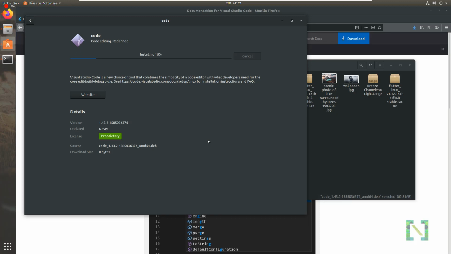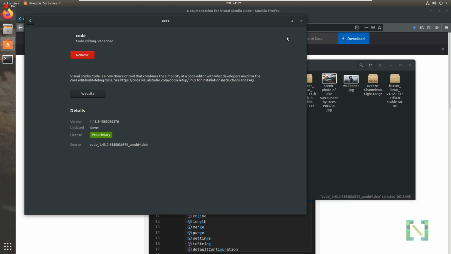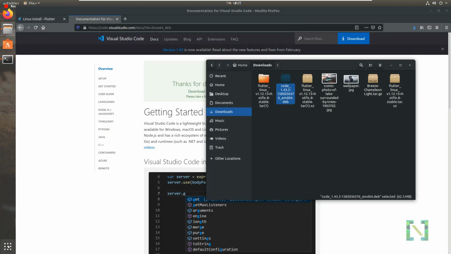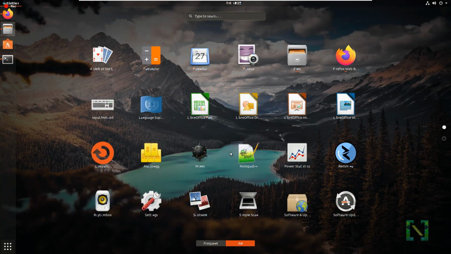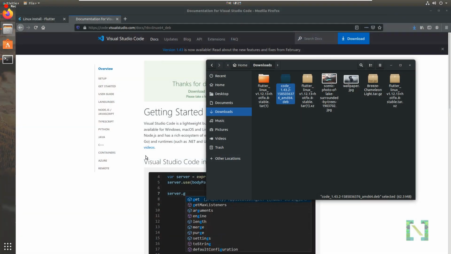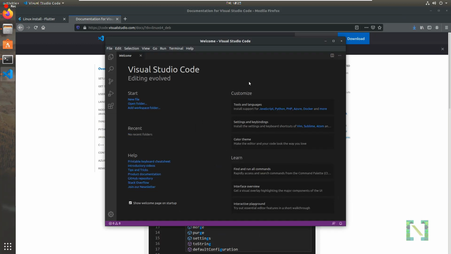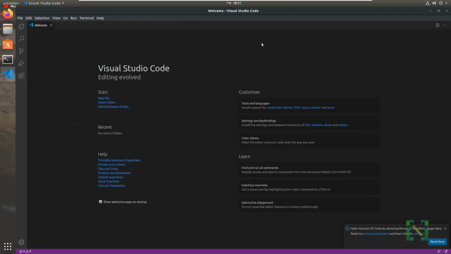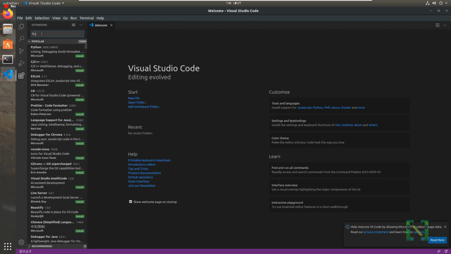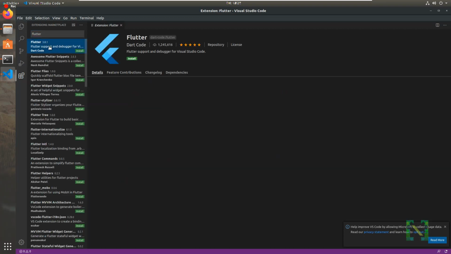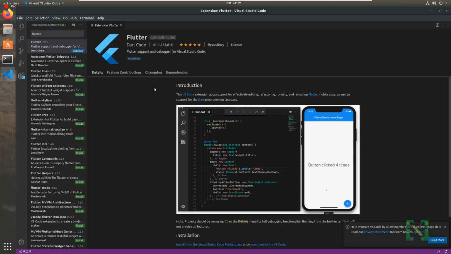So as we have worked previously with Windows, in Linux also we require some extra tools to work with the Linux desktop application. Now open the VS Code. So to work with the Flutter project, we have to install a Flutter extension also in the VS Code. After installation, restart the VS Code.